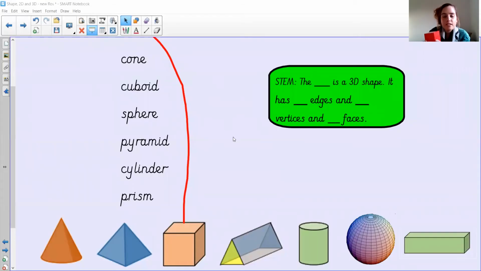Here we are. Okay, so this is a cube. It has edges and vertices and faces. Have a little pause of the video now. Actually no, we'll come back and do this at the end because that's when I want you to investigate, so it's going to be a bit difficult. I was going to ask you to count the edges and the vertices and the faces,